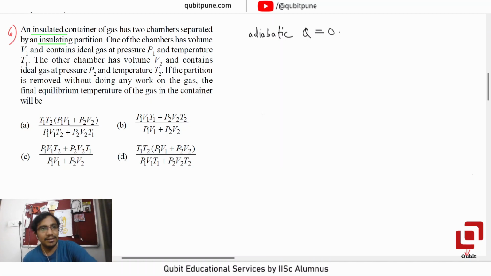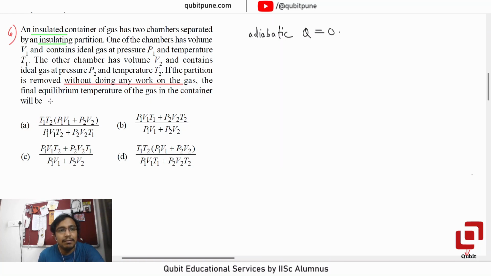One of the chambers has volume V1 and contains ideal gas at pressure P1 and temperature T1. The other chamber has volume V2 and contains ideal gas at pressure P2 and temperature T2. If the partition is removed without doing any work on the gas,